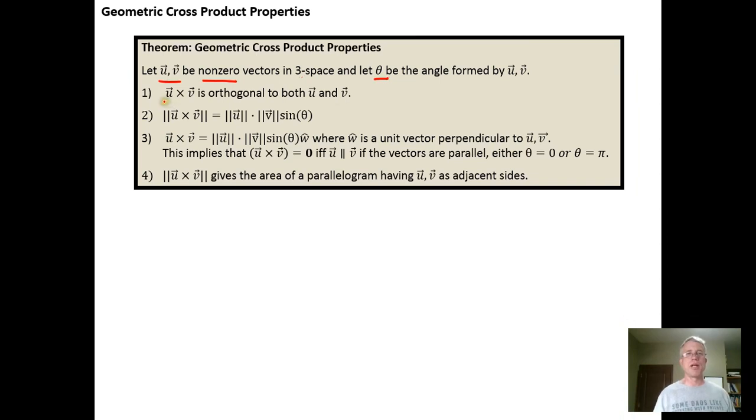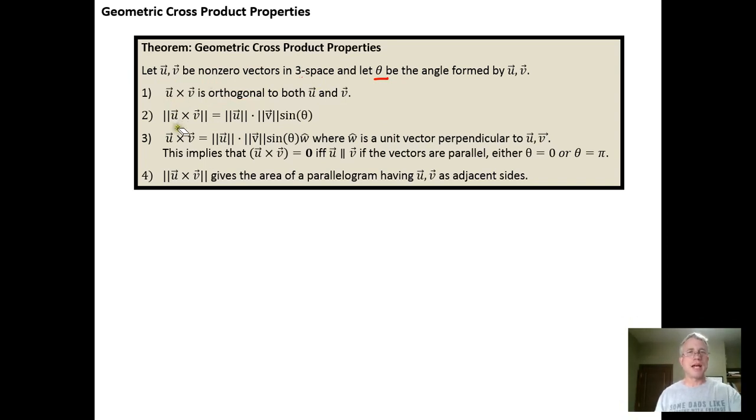So the first claim is that when we take a cross product u cross v, the result of the cross product, the vector that we get, is perpendicular to both u and v. So we're creating a perpendicular or orthogonal vector. That's claim number one. Claim number two